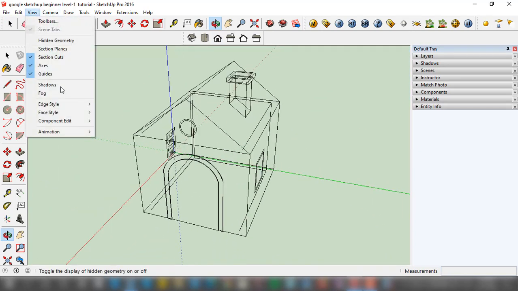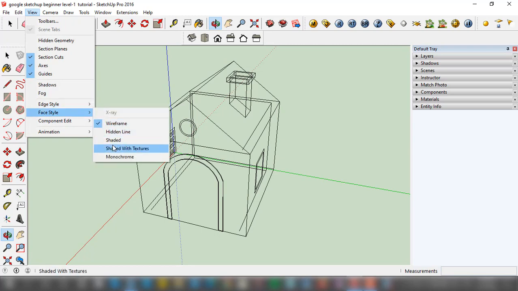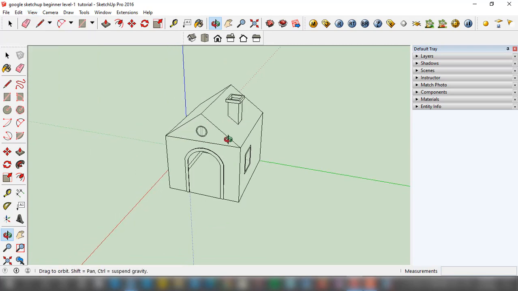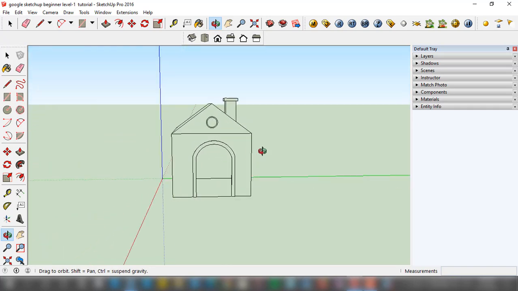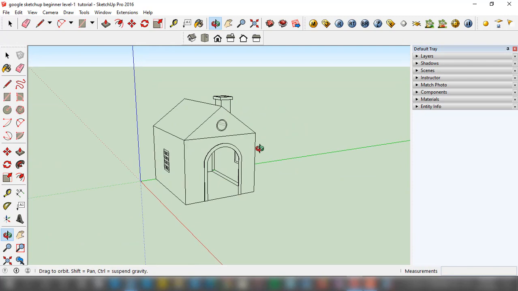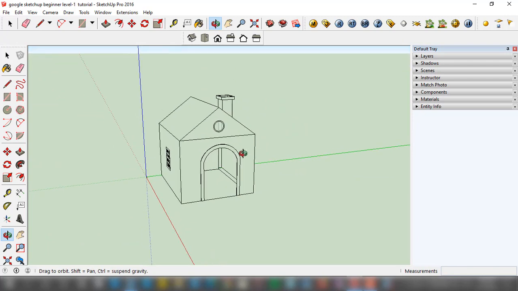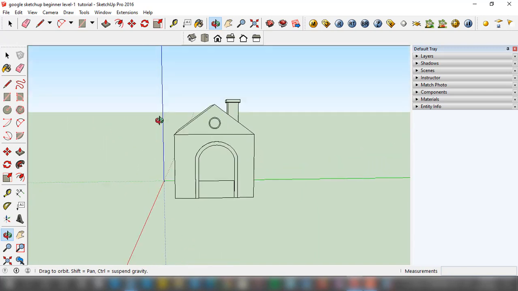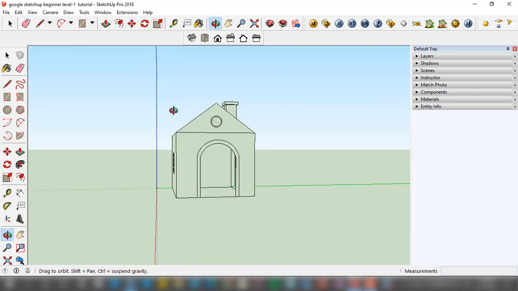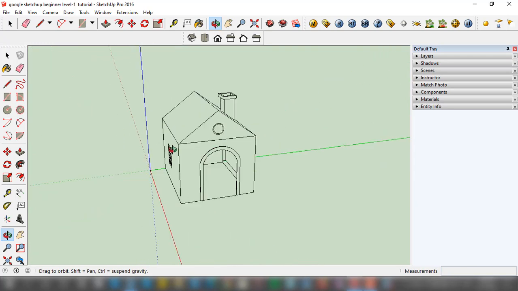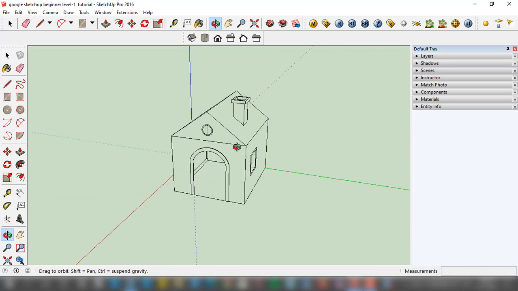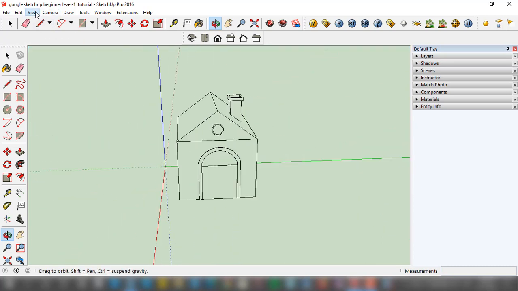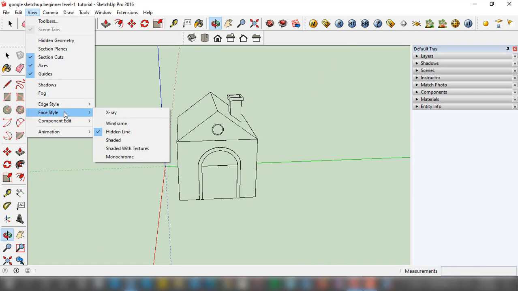Now I am going to turn on the Hidden Line option. You can see that in hidden line mode, all those wires which were visible in wireframe mode are not visible, because this is the hidden line option. So we cannot see through the walls, and whatever object is behind a wall we cannot see clearly, and the wires are not visible when hidden line is on.